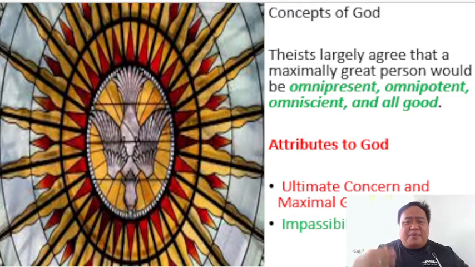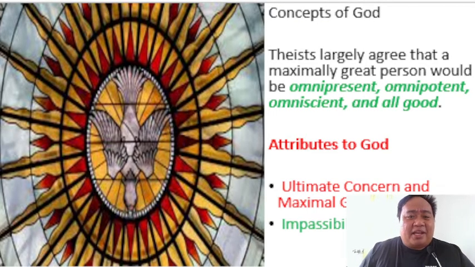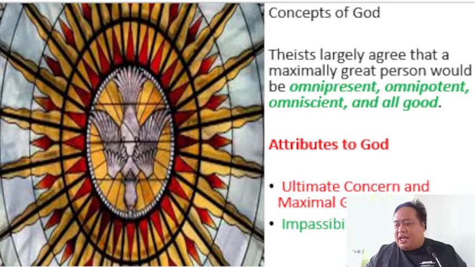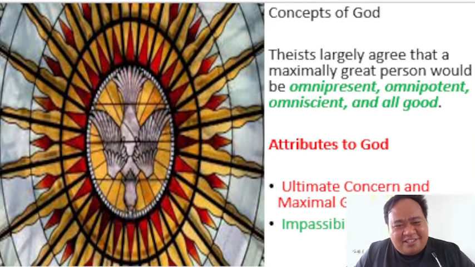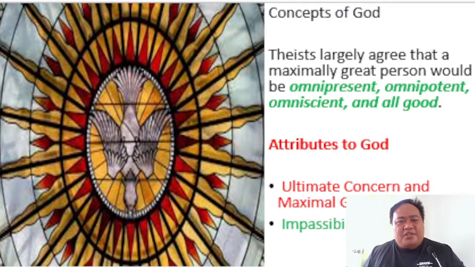Now, they have these attributes. So one, yung tinatawag nilang ultimate concern. Now, this ultimate concern was explained by Paul Tillich, that if you are a theist, your ultimate concern is your religious practices. The essence of your religious practices. Mahalaga yon kung naniniwala ka sa Diyos. So, ibig sabihin, pahahalagahan mo yung mga religious practices mo. So, meaning to say, your religiosity matters here. And yung tinatawag nilang maximal excellence.